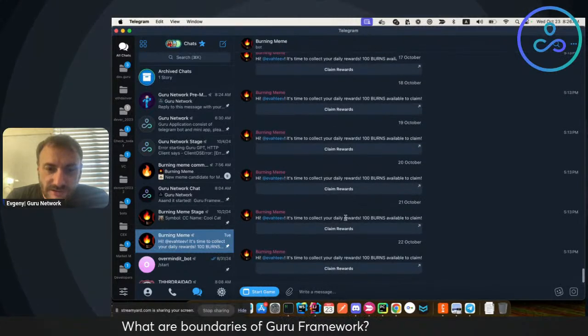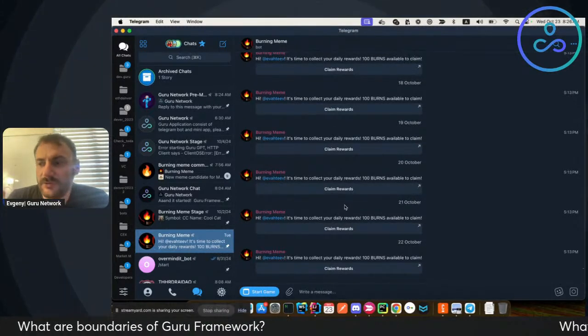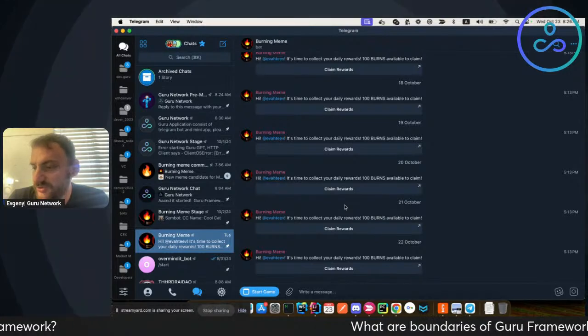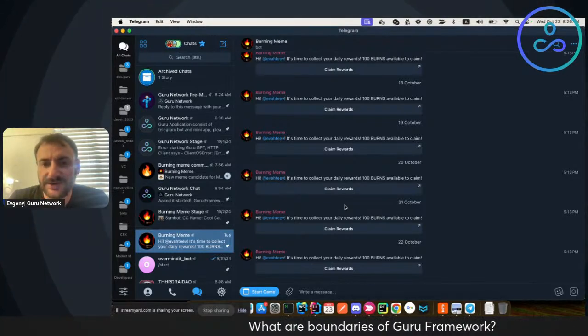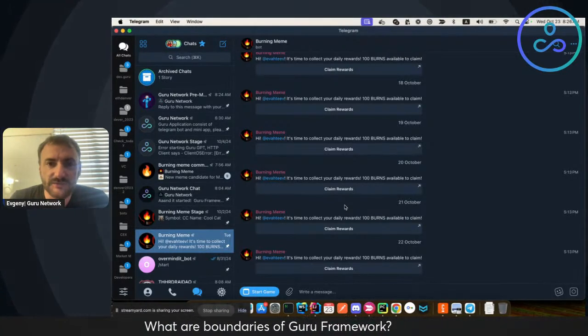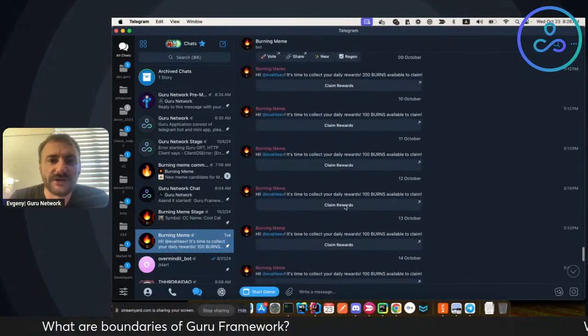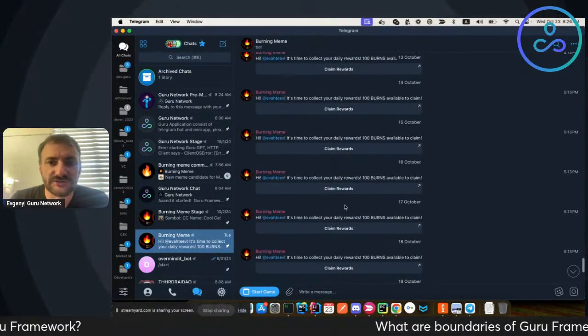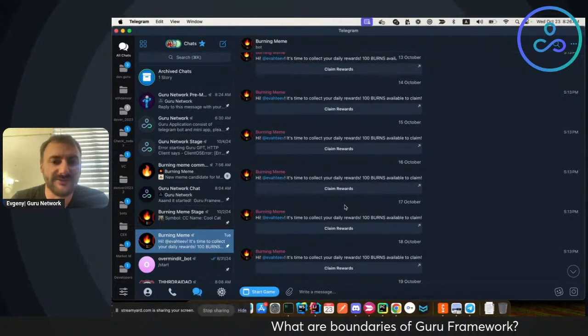Yeah, actually, this reminds me of one more major functionality which is in there and which you can utilize as well. It's a direct communication channel with your users. Because it's a chatbot, you can send any kind of notifications to your users directly based on their activities in the app.